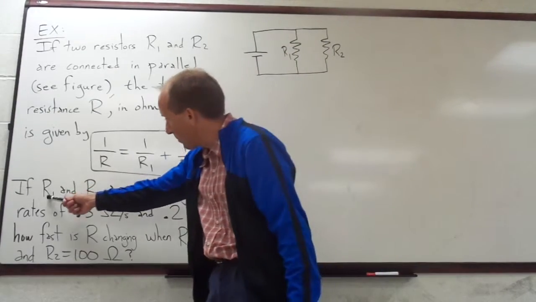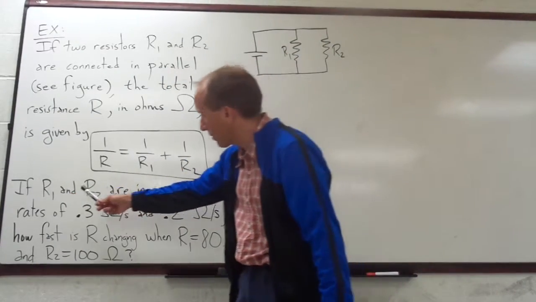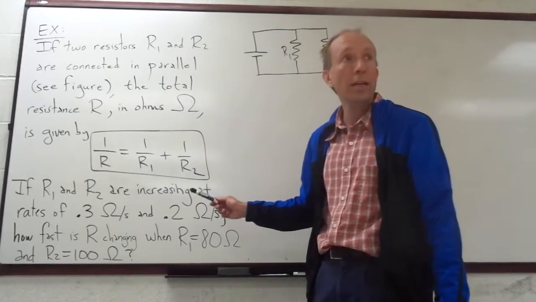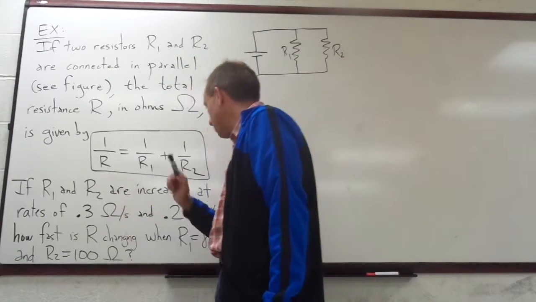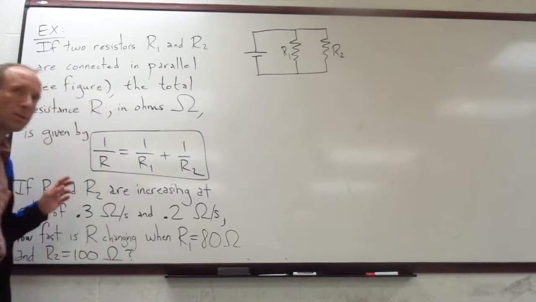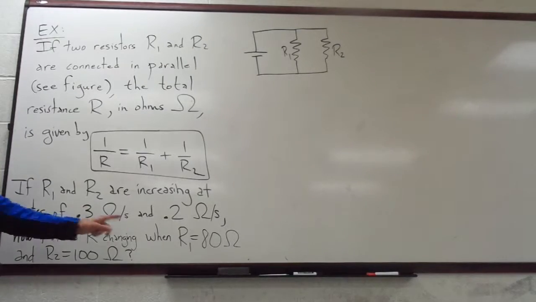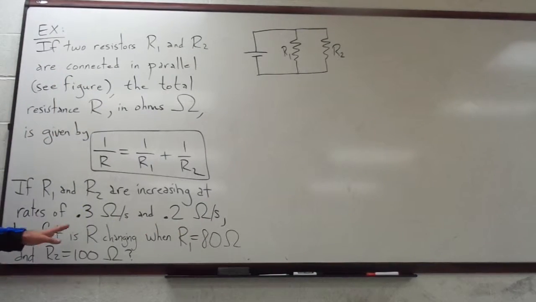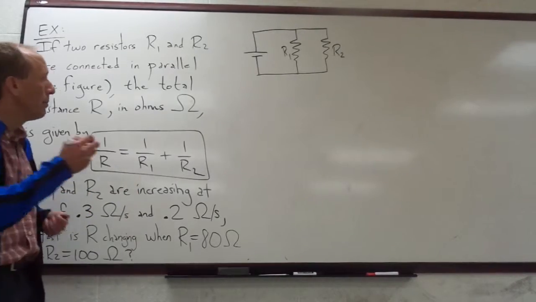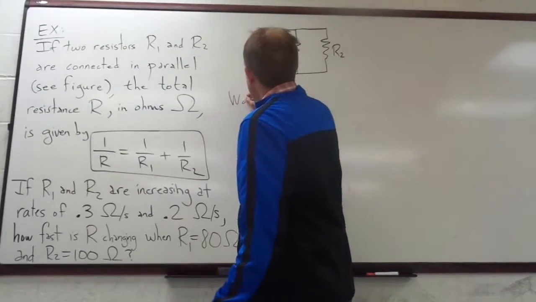The last part of the question here, in case you can't read it totally clearly, is just: suppose that R1 and R2 are increasing at rates of 0.3 ohms per second and 0.2 ohms per second. The question is then asking how fast is R changing when R1 is equal to 80 and R2 is equal to 100. Okay, so there's a lot of words here, but what we are trying to find